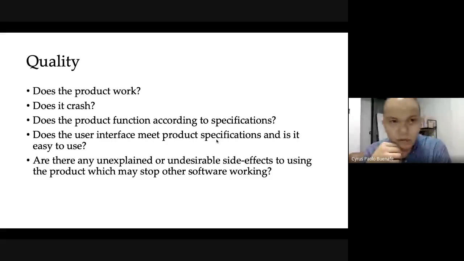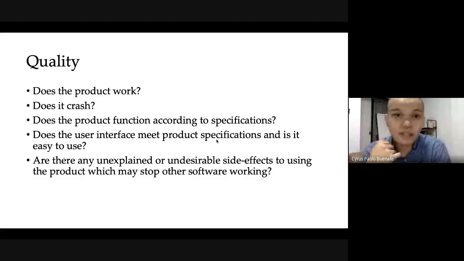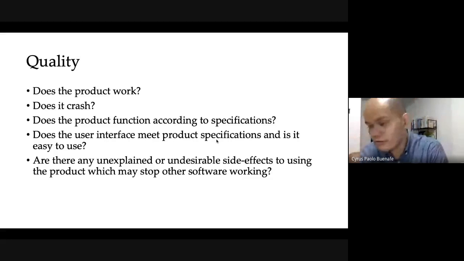Sometimes it crashes because of some performance constraints, right? You're probably going to expect, let's say, for example, 1,000 concurrent users. Is that something possible with your system? Maybe you've only designed your system to handle at most, let's say, 100. So in that case, you realize that we can avoid having quality issues in this manner if we've actually thought of the design to factor the possibility of 1,000 concurrent users, just to cite an example.